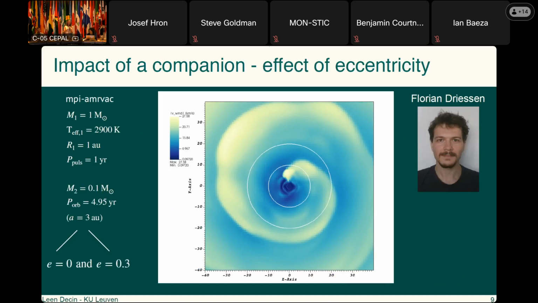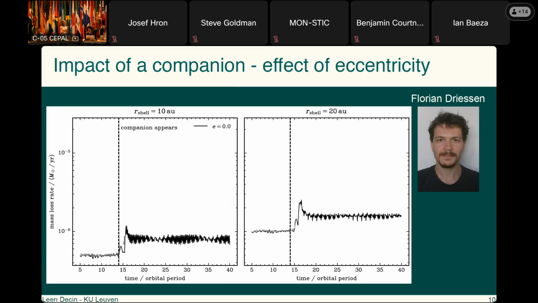This is again grid-based, and you can see here that we have taken a star or a companion that can also explain these long secondary periods, but that's another story. Only 0.1 solar masses, and this is now the image of the velocity for the eccentric model, and we have measured the mass loss rate at 10 astronomical units and at 30 astronomical units. Since where to measure? This is also what Hans has been showing. You don't want to measure in a bow shock, so you need to take that at different distances. And now I build up the slides.